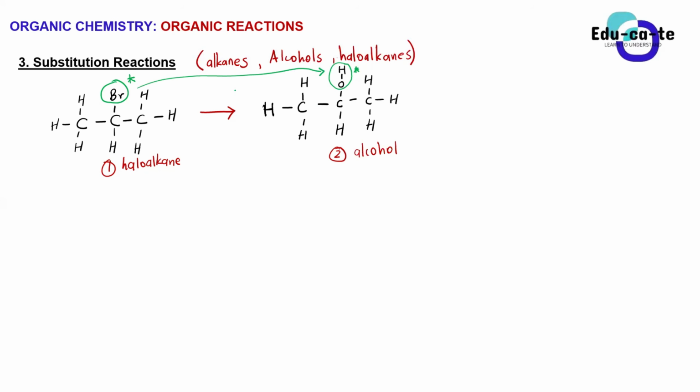All right. So in substitution reactions, we are not adding anything per se. We are replacing something with something else. Remember, guys, elimination reactions form alkenes at the end of the day. But here we are not forming any double bonds. So it means that we are not adding anything. We are just replacing something with something.